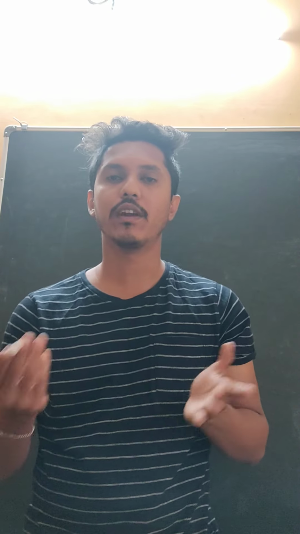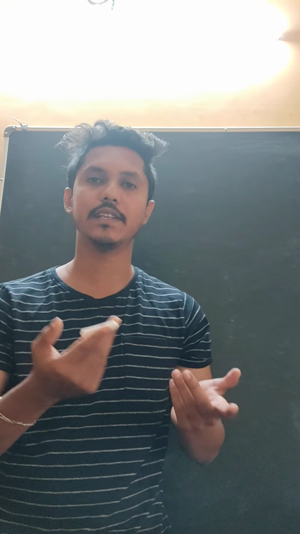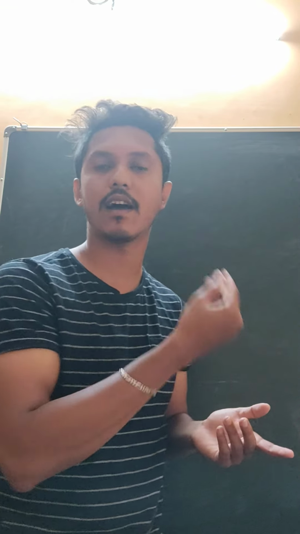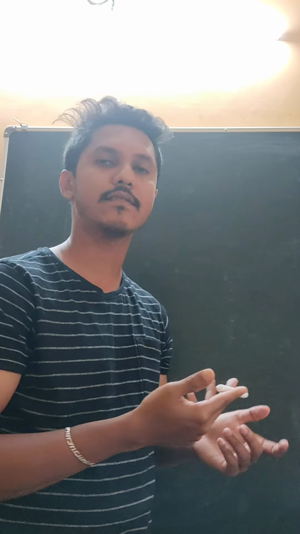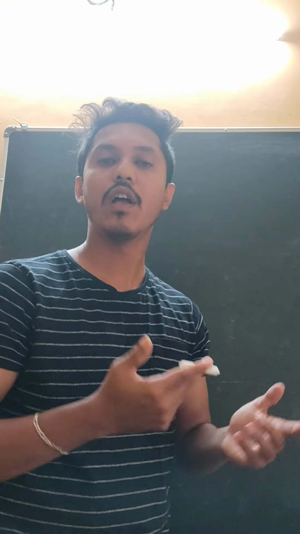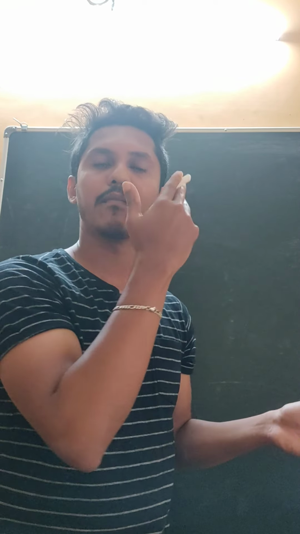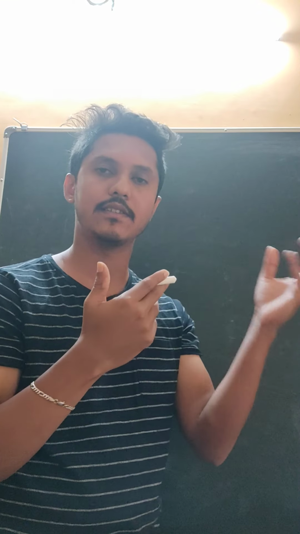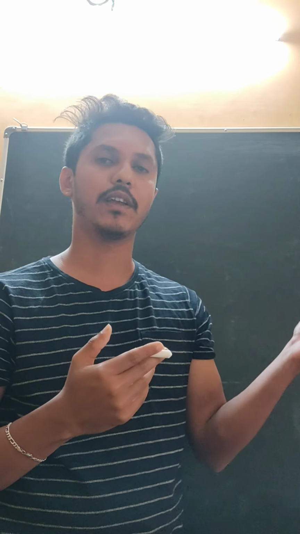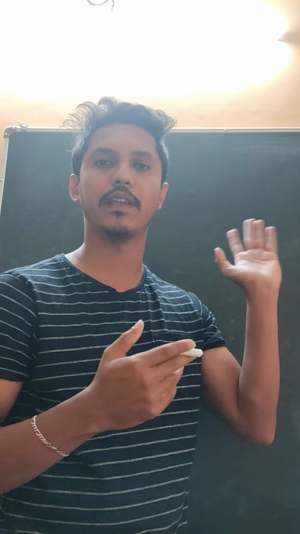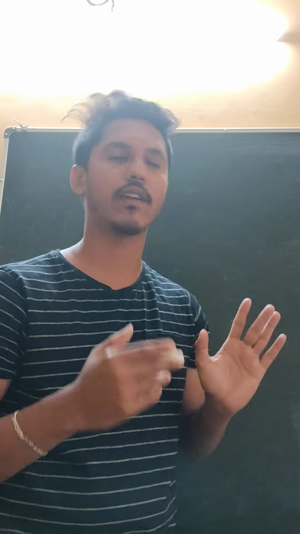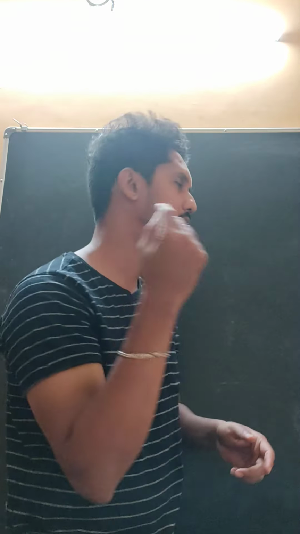Yesterday I taught you about the division technique, how to divide very easily when the denominator is 100. Now in today's class I'll explain how to multiply very easily by using the easiest technique when the multiplication numbers are in terms of 10, 100, 1000. Okay, I'll go with the first problem.